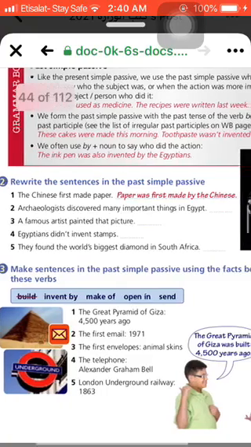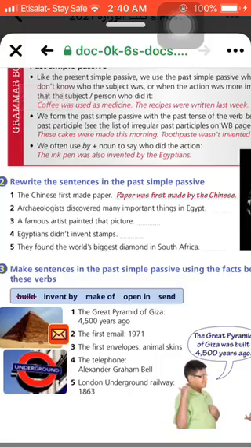What about number 2? Archaeologists discovered many important things in Egypt. So we have archaeologists as the subject, discovered as a verb in the past, and many important things in Egypt, all of this is the object. So we are going to begin with the object: many important things in Egypt. It's plural, were discovered, and you are going to use here by archaeologists. Number 3,